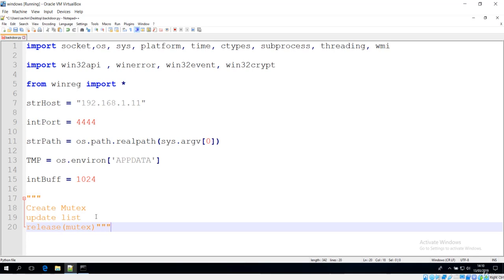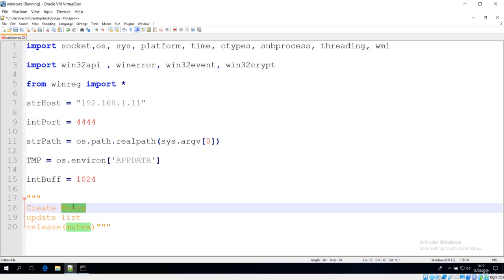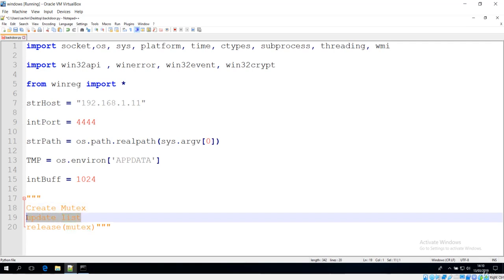So first of all, mutex is basically a function that will prevent multiple instances. That means if the operation is update list, then this update list can be performed only by a single thread. That is the importance of mutual exclusion: no multiple threads can use this single list. This is important because we want the operation to be done by only one thread, so we can prevent multiple instances.